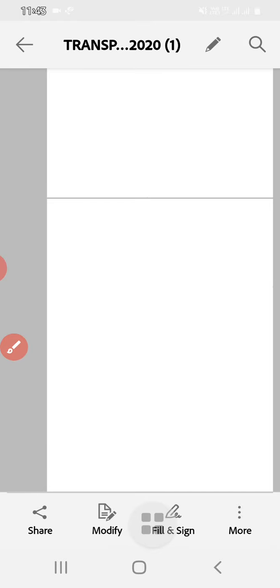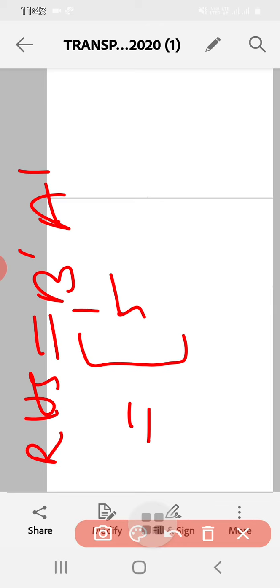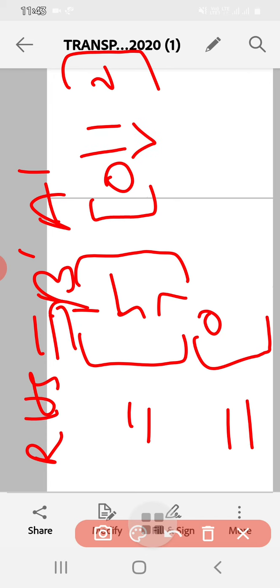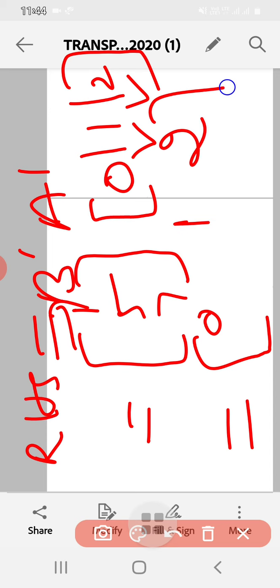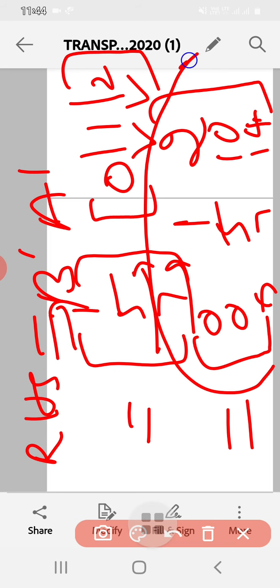So consider RHS. RHS is what? B dash A dash. So what is our B dash? 1 5 7. A dash is 0 1 2. So you have to leave some space between the elements. See here, first row, first column, 1 into 0, 0, then 1 into 1, 1, then 1 into 2, 2. So we move to second row, 5 into 0, 0, 5 into 1, 5, 5 into 2, 10. Then last is 7, 7 into 0, 0, 7 into 1, 7, 7 2s are 14. See, this is the RHS.